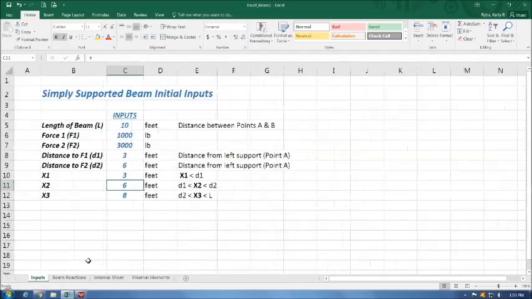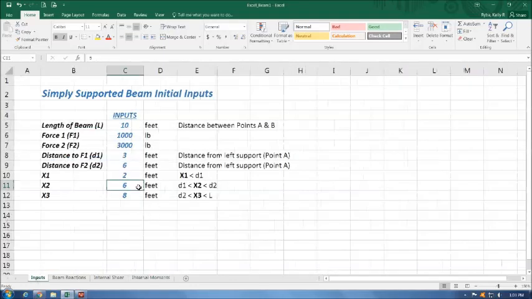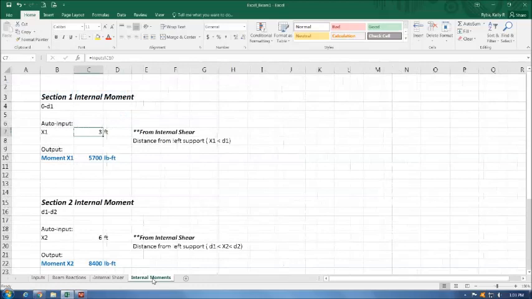So here on the input, if I change this to 2, okay, I go to my internal moment, it went to 3,800. That's why it wasn't the same number earlier, because I changed that input. If I go back to 3,